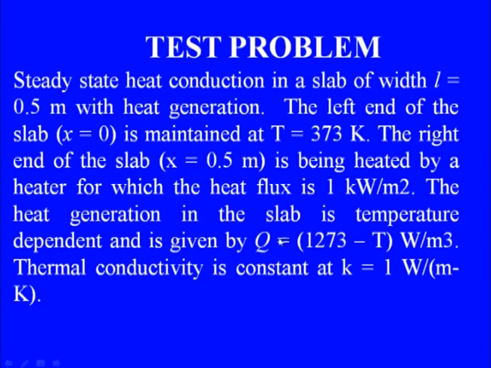Capital Q, this is Qg basically, is equal to 1273 minus capital T watt per meter cube. Conductivity is constant. So, this same problem we have solved using our finite difference schemes earlier, and if you implement the finite volume formulation which we have just discussed,